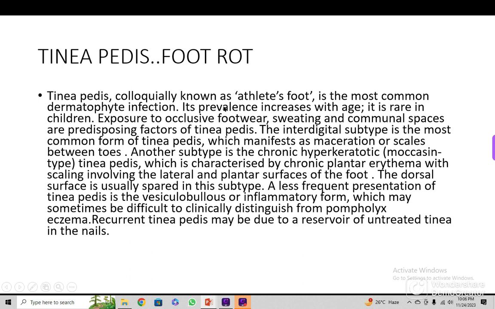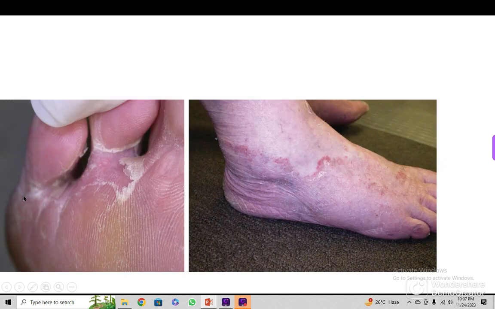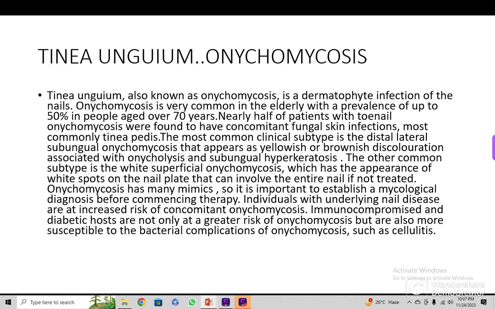But the problem is this: the sweat is collected specifically in the small toes and the third toe, where it is most commonly seen. For example, here you can see this is the part which is involved. This is the plantar type. Otherwise, it is most common with the small toe and the surrounding toes. These are the most common sites. And then the treatment part will be taken at the end.